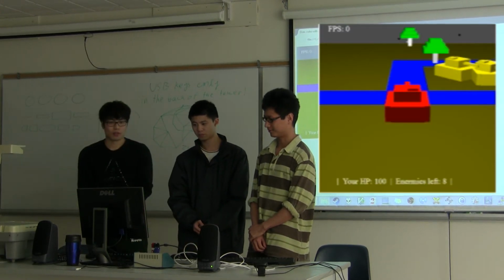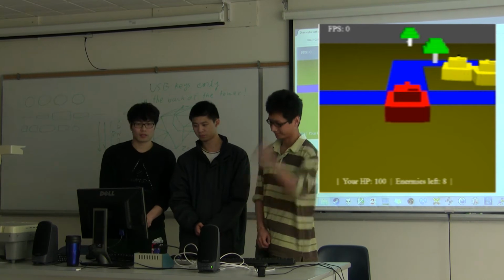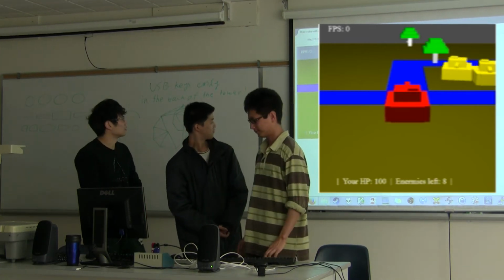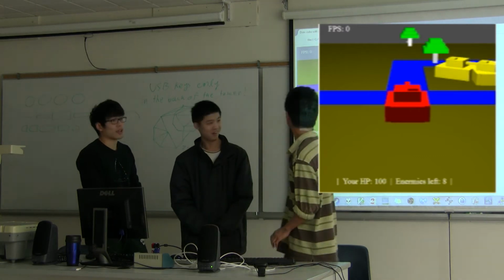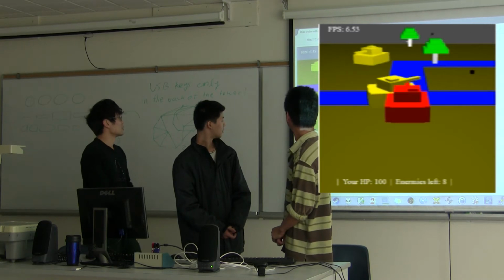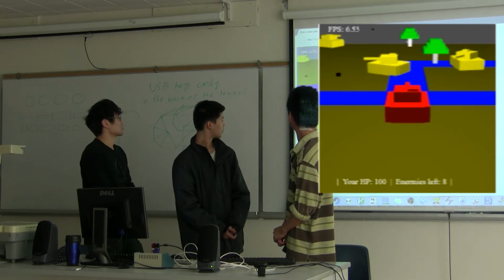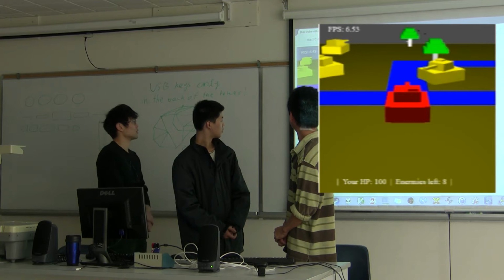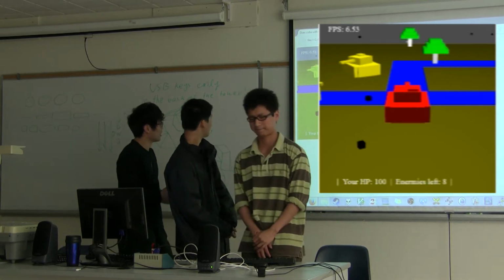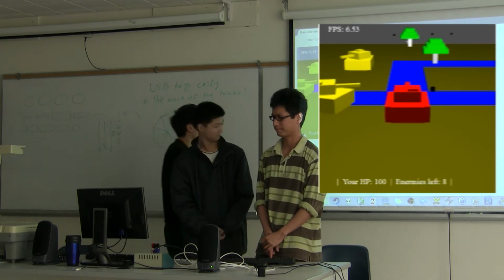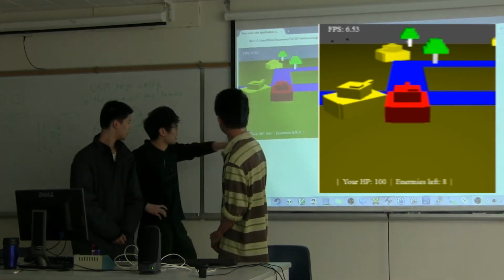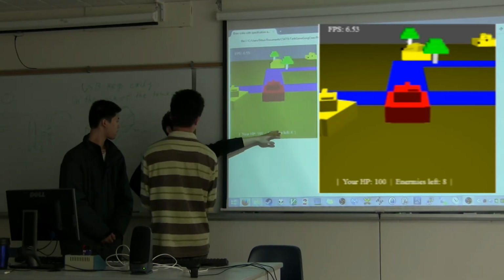First of all, let me introduce some basic things here. As we can see, we got a red tank as our player's tank, and some enemy tanks in the color of yellow, and you can see we have our hit points here and how many enemy tanks